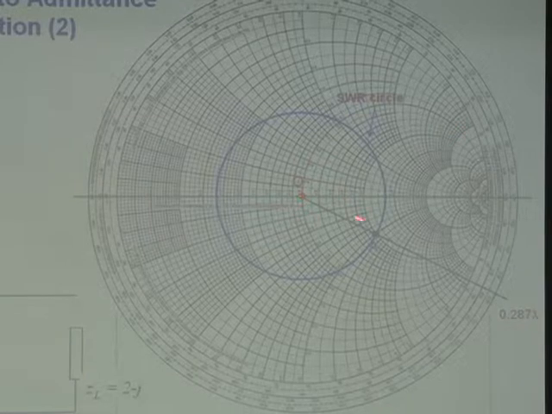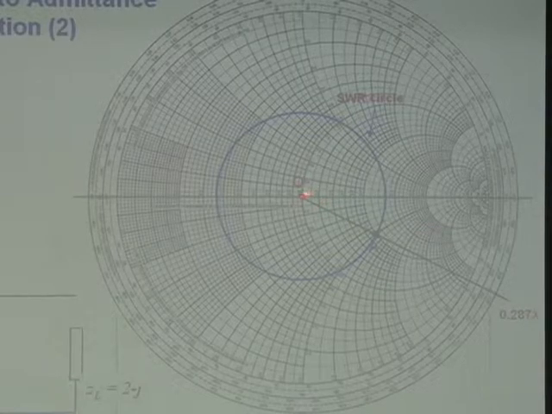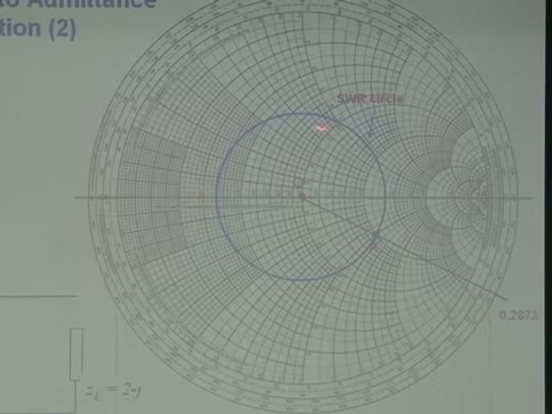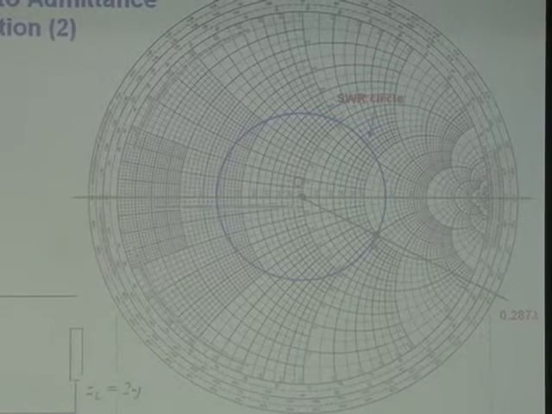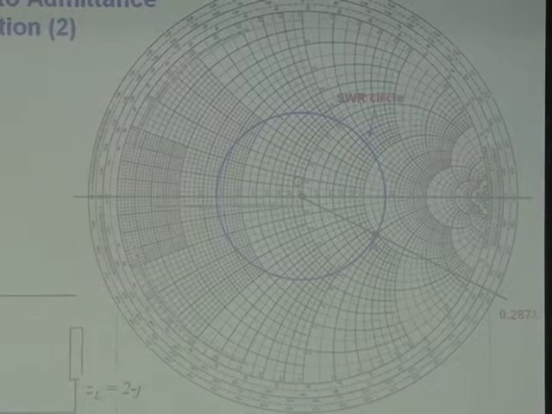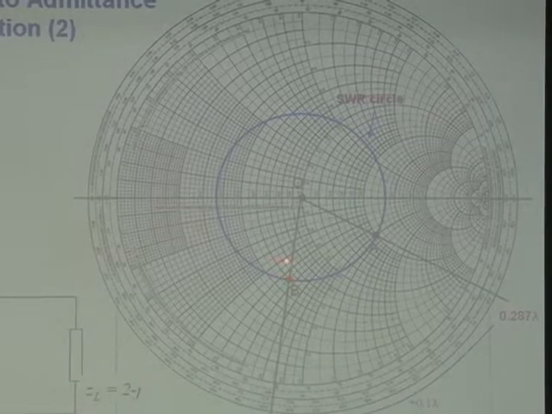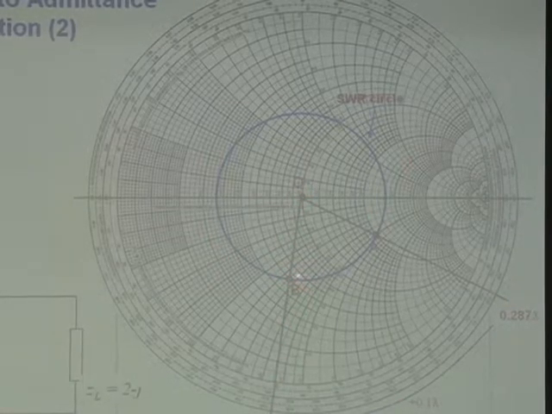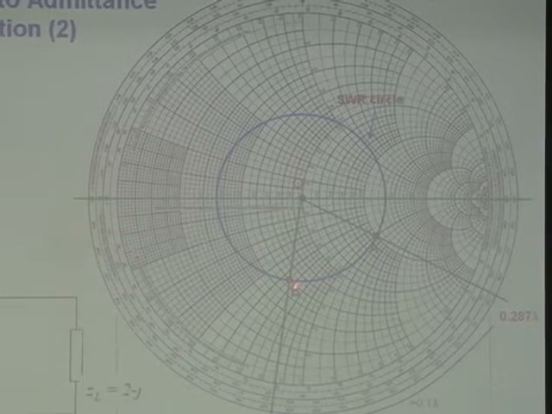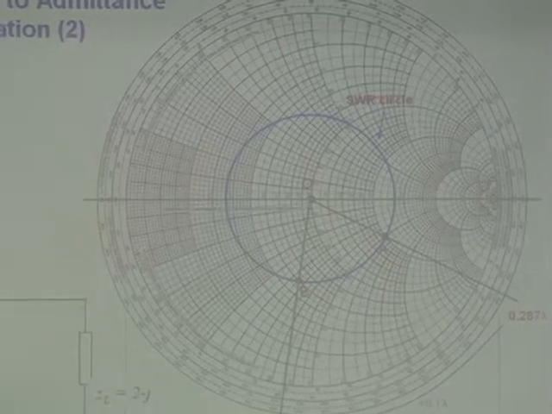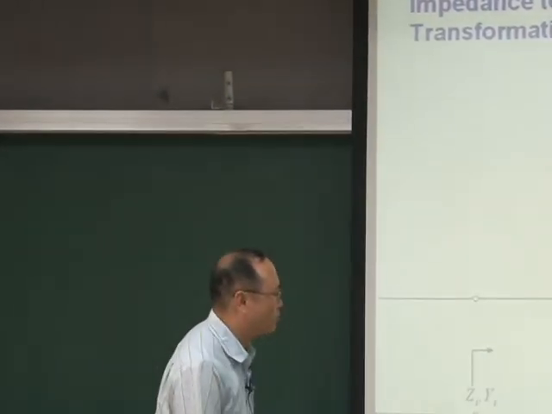Okay, so when we move this line toward the generator by 0.1 wavelength, we are looking for the intercepting point of the line on this SWR circle. 每一个 transmission line 都有一个 SWR circle，因为它的 gamma 的绝对值是固定的。Okay, so let's try to move this line by 0.1 wavelength. Then you intercept your line with this circle at this point B. And you can just read the value for B to determine the input impedance at this point. 所以很清楚，很简单，有没有？